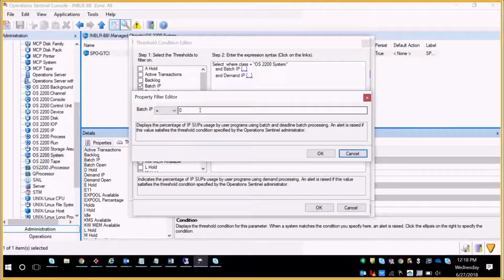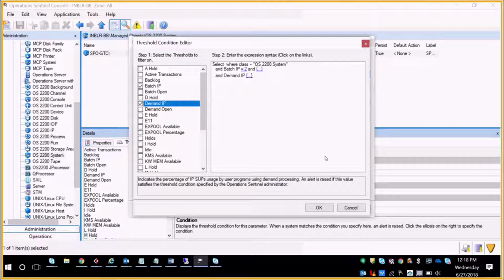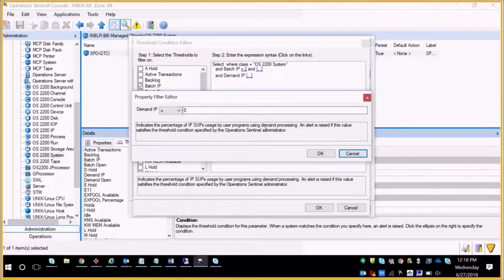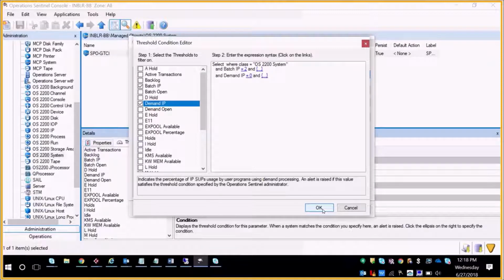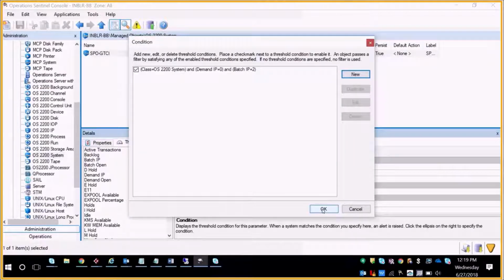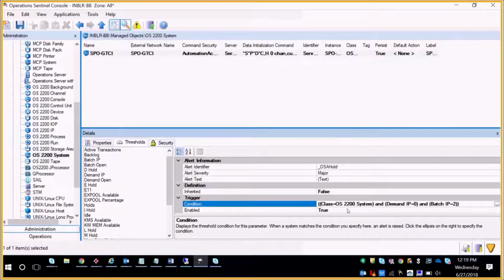Let's now set value for the properties we have selected. For example, I am setting batch IP to 2 and demand IP to 0. Since we have made the changes, give OK and OK for this window as well. This sets the condition. So giving OK should set the condition for the desired system. Here we can see that the threshold condition is set. Let us save